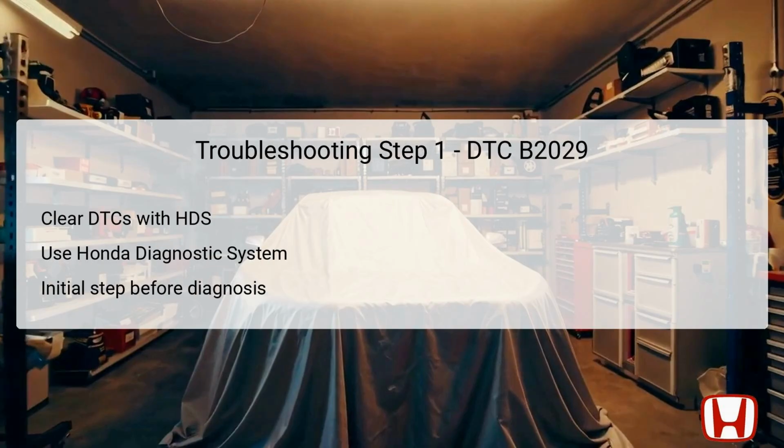The initial step in troubleshooting DTC B2029 involves clearing any existing diagnostic trouble codes, DTCs, using the Honda Diagnostic System, HDS. The HDS is a specialized tool designed for diagnosing and repairing Honda vehicles effectively. Clearing the DTCs resets the system, allowing technicians to assess if the B2029 code reappears after basic functionality checks. This step is essential as it helps to eliminate any historic codes that may influence the current diagnosis,